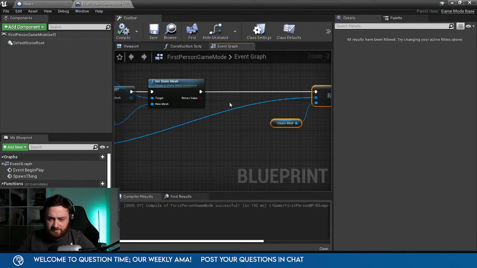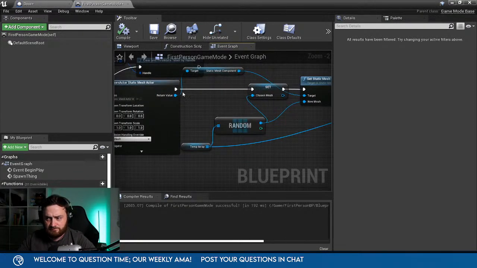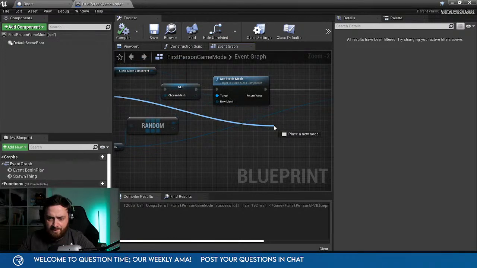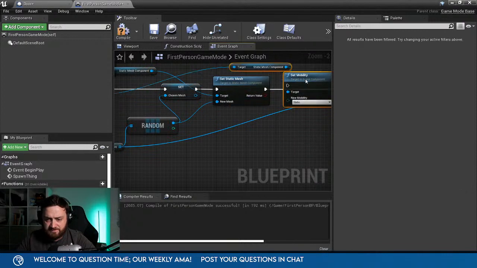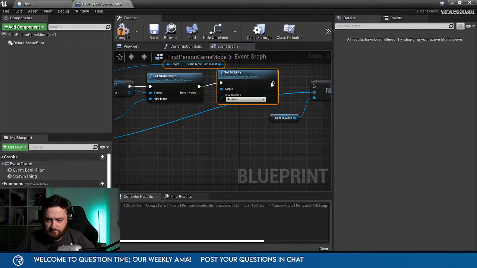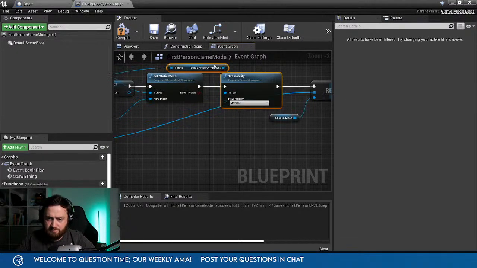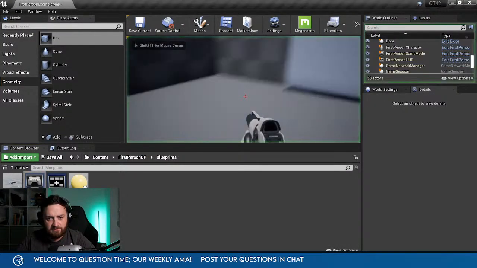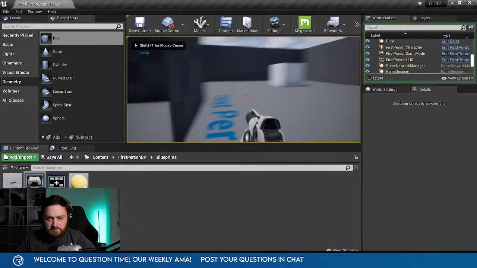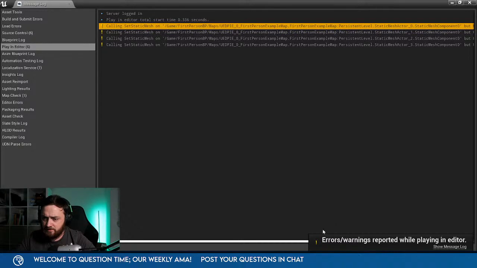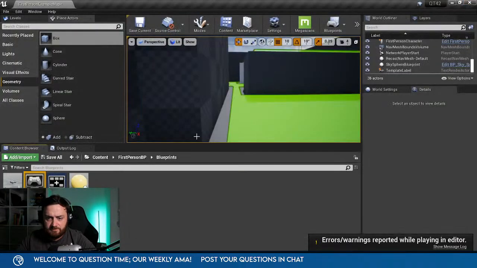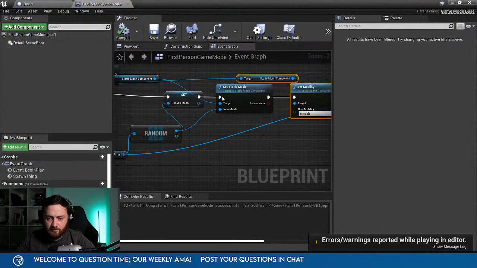Better done classes, but never mind. Set ability. That mesh component. You wouldn't normally have to do that if you're doing like actors. No. Again, what's wrong? Set static mesh on static mesh. Oh, wait. I've got to do it before I do this.